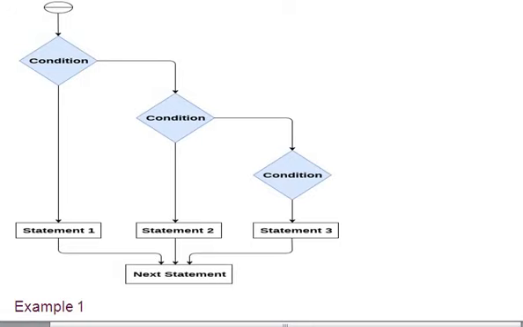So if the first condition is true, then the concerned statement will be executed. If the first condition is false, then we move on to condition 2. If condition 2 is also false, then we move on to condition 3 and so on.